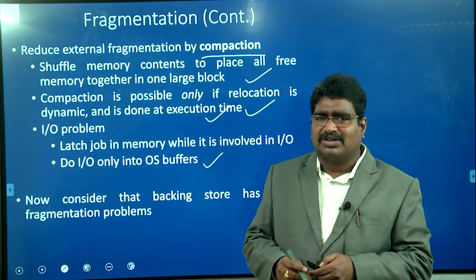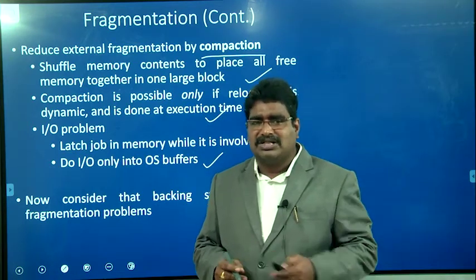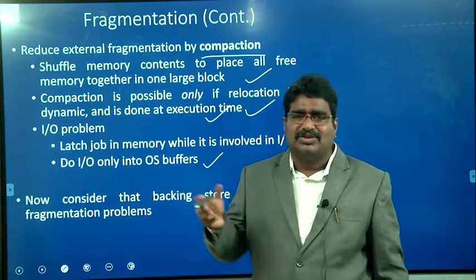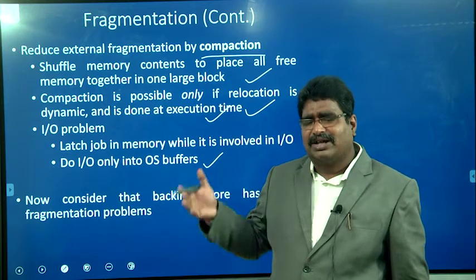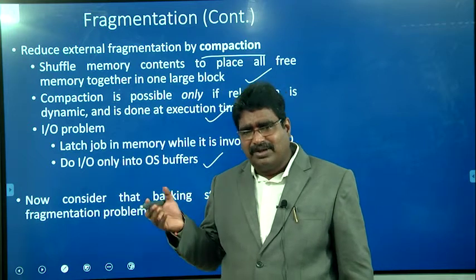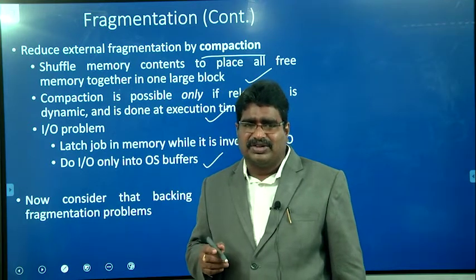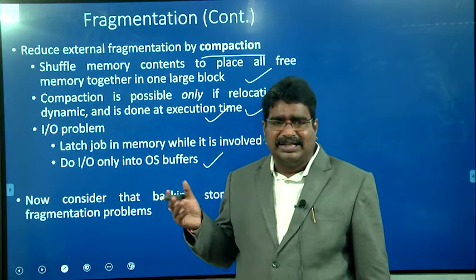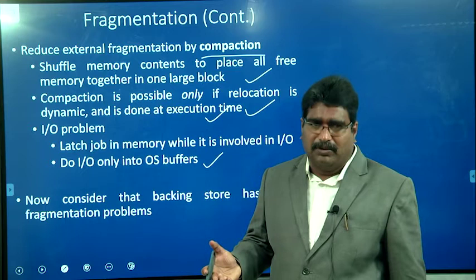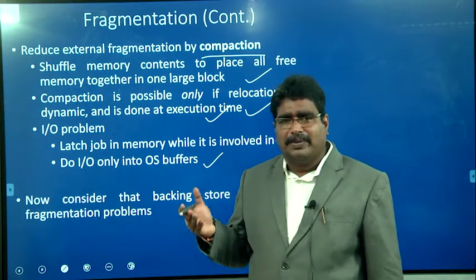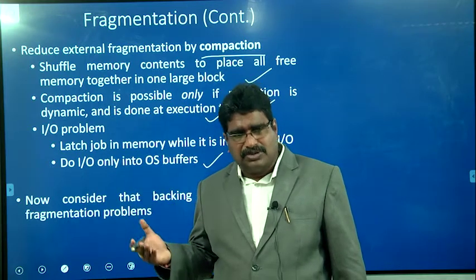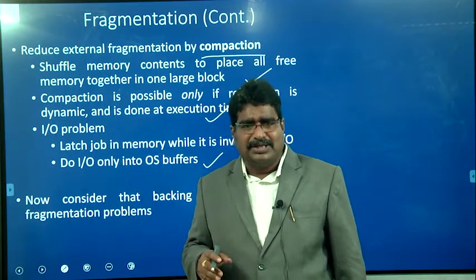But the limitation of contiguous memory allocation is, if the process size is around 500 MB, but the entire process is not used at a time, then unnecessarily we are allocating 500 MB to one process only. So memory utilization is very low, and the degree of multiprogramming is also reduced. What is the degree of multiprogramming? It is how many processes are loaded into the primary memory. To increase that, segmentation and the paging concept were proposed.